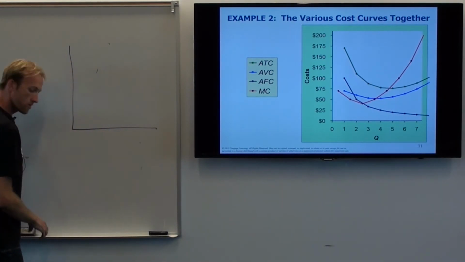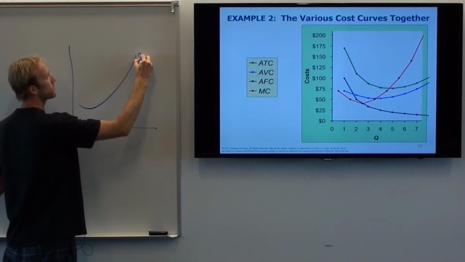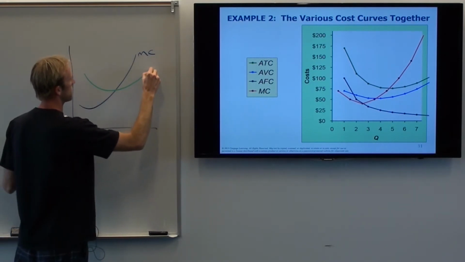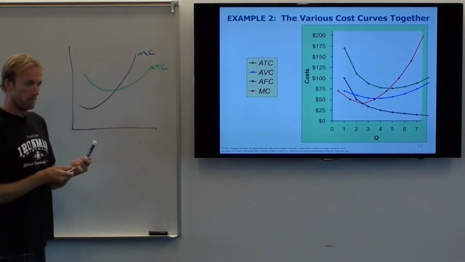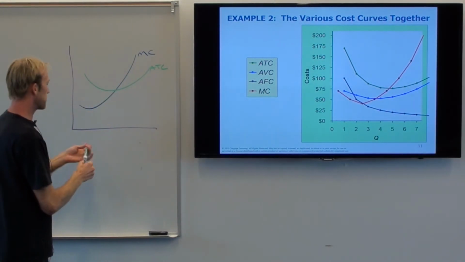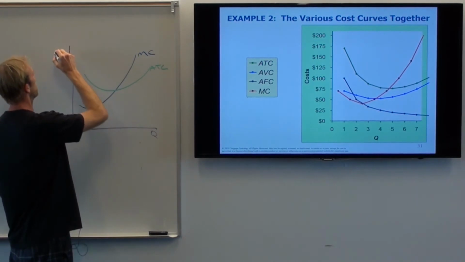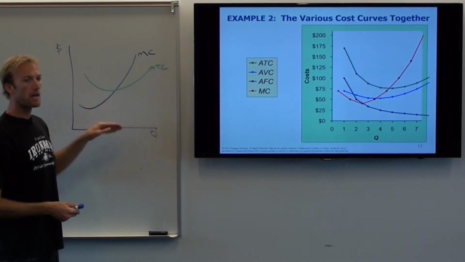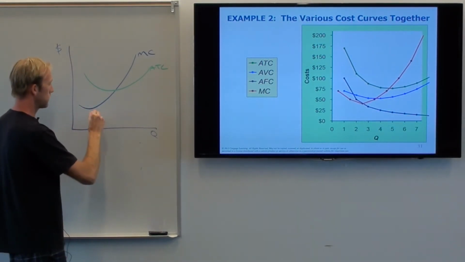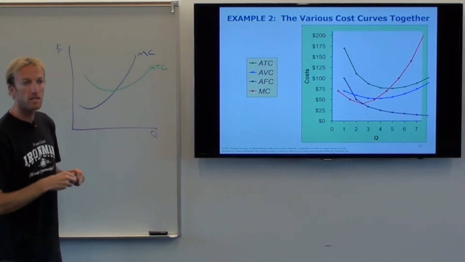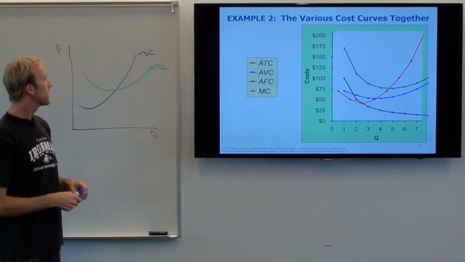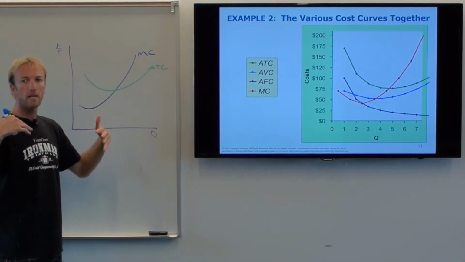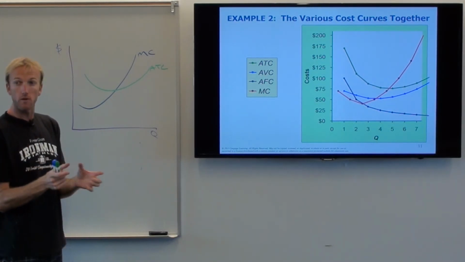Let me get another marker. Okay, let me draw in a marginal cost curve. And let me draw in an ATC curve. Okay? Brief review about what each one of these means. This is quantity, and this is dollars and costs. Right? The marginal cost says, okay, if I make one more unit, how much is it going to cost for that one more unit? The average total cost says, what is on average, how much did you spend on all of these per unit? How much did you spend?